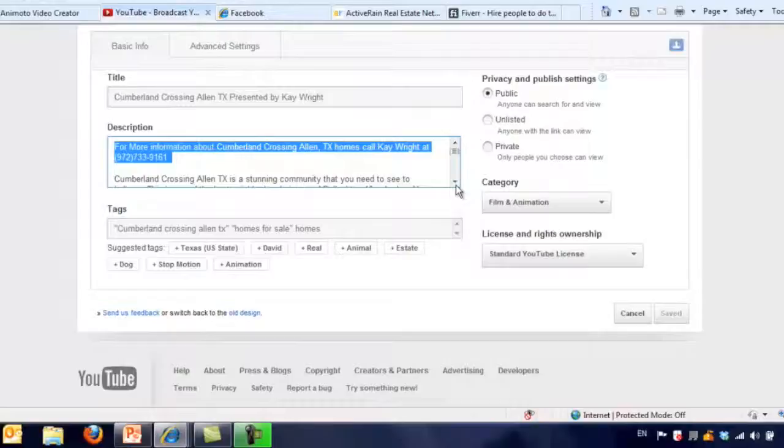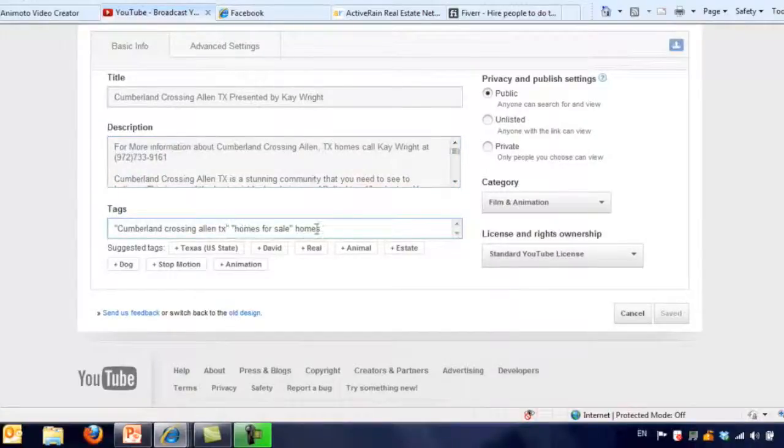Okay. Now the tags are a very important section. Tags are just a way for the search engines and YouTube to categorize information, to know what it's about. And so it's like putting a stamp on what is this video about. And so what you want to do is it limits you on how many you can do. You'll